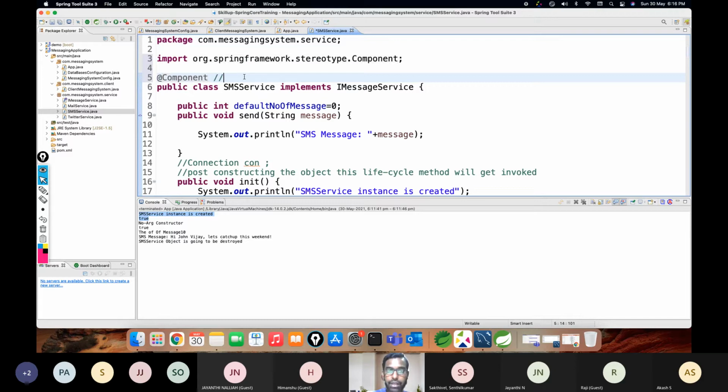And on the layer of the component, we have multiple annotations out here. At service, we have at repository. At service, at repository is also treated as a component only. So if you see here,